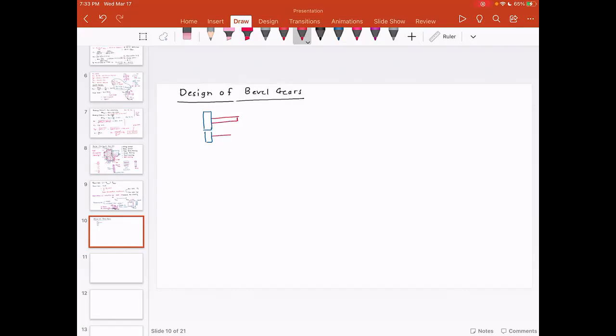So the shafts of the spur gear pair are parallel and they are non-intersecting. On the other hand, if you look at the bevel gear,